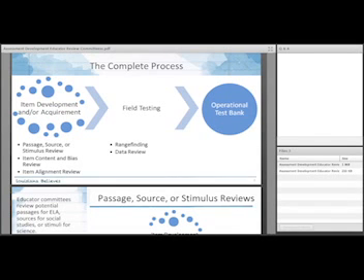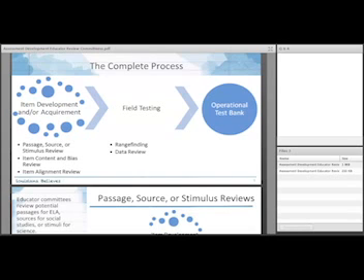Okay, so the process, in a nutshell, the complete process, starts with item development or acquisition, and I'll talk about the difference between those two things. Within that first stage are 3 different types of reviews. Not every content area has all of these reviews, and again, I'll talk about the difference.